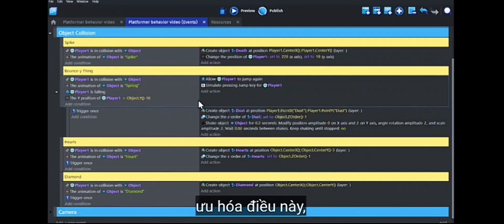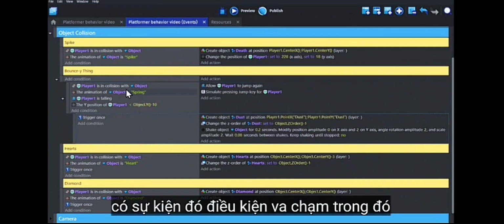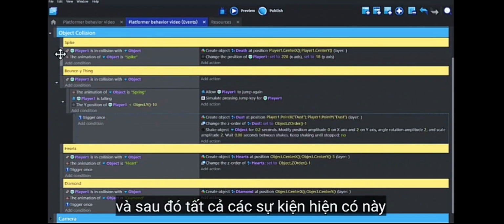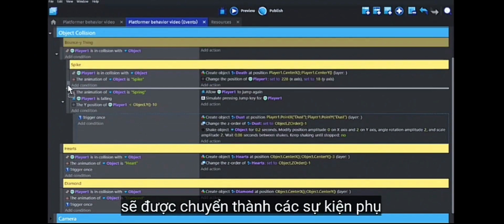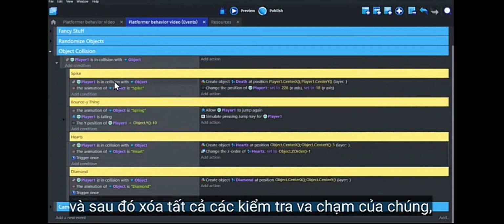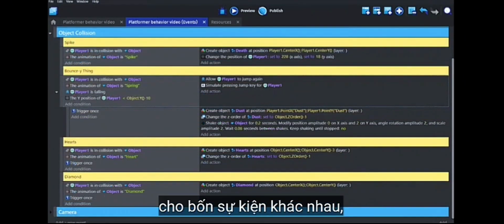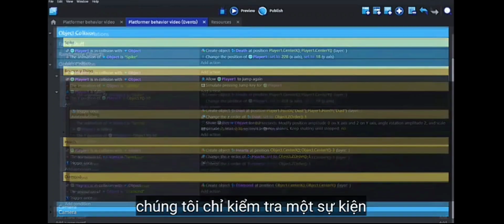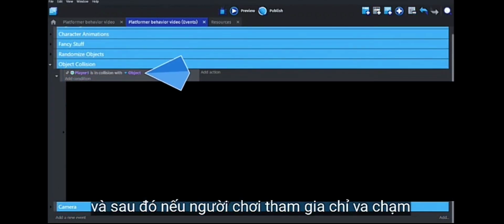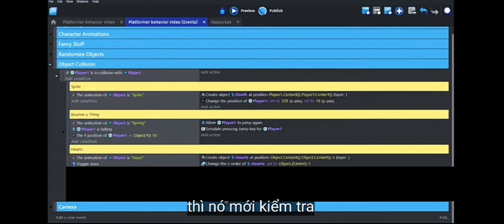So to optimize this, we're going to add one event up top that has that collision condition in it. And then all of these existing events will be turned into sub-events. And then delete all of their checks for collisions. So now, instead of checking the conditions for 4 different events, we're just checking one. And then if the player is in collision with one of those objects, only then will it check the other